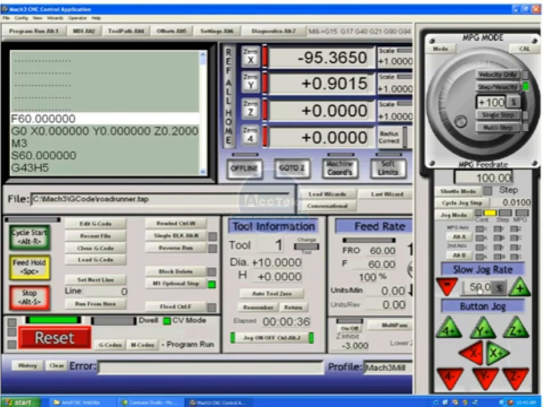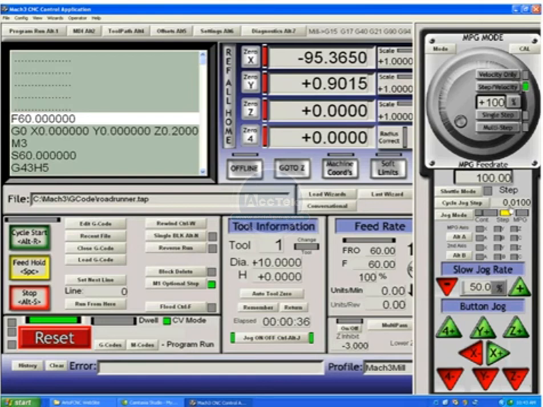This slow jog rate can be used to get very fine movement control from your arrow keys when you want to slow things down for very fine approaches. Pressing shift will take you to a high speed move so that you can move quickly away or to a piece. For jog modes, we can also switch to a step mode, which means that every press of the arrow